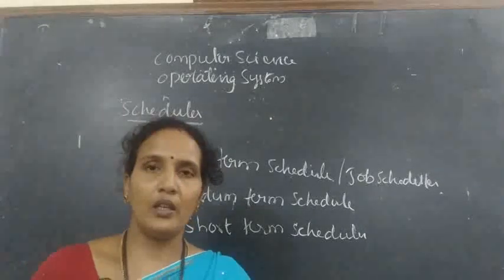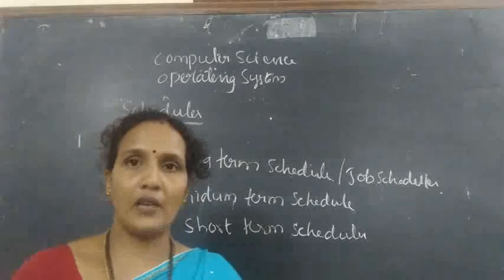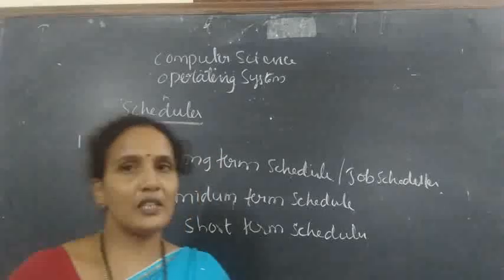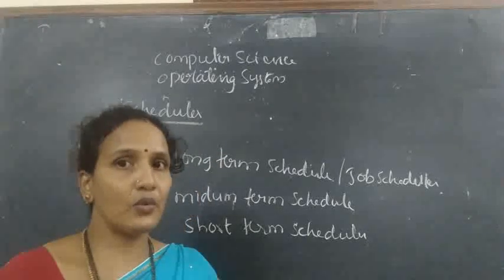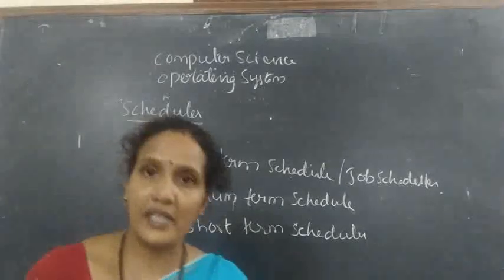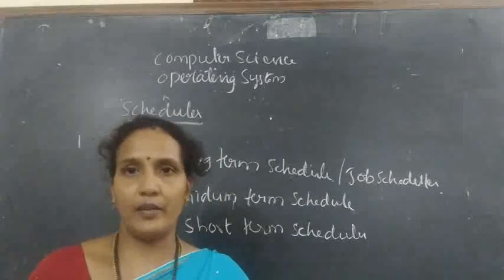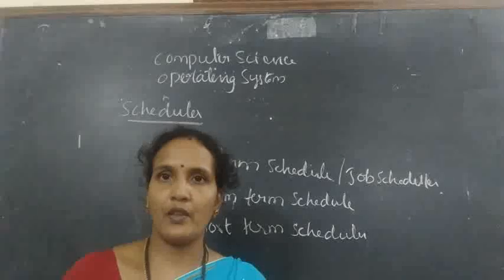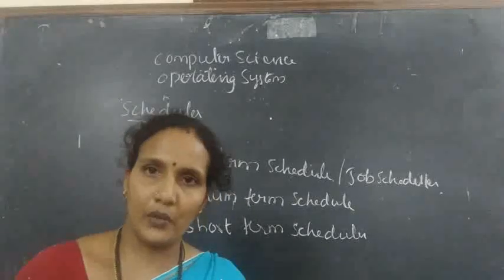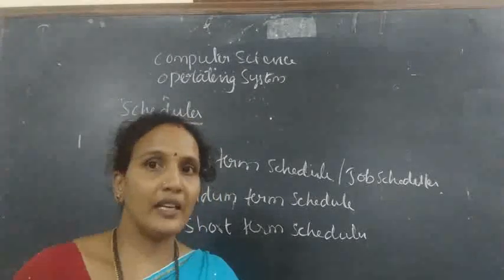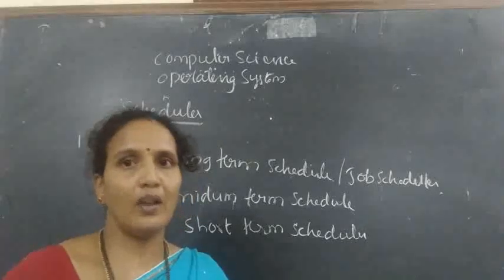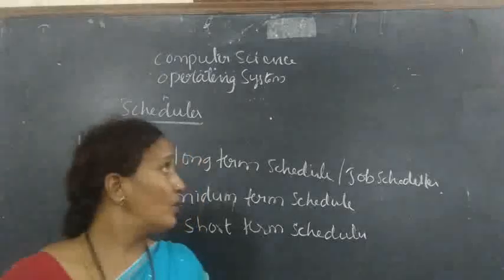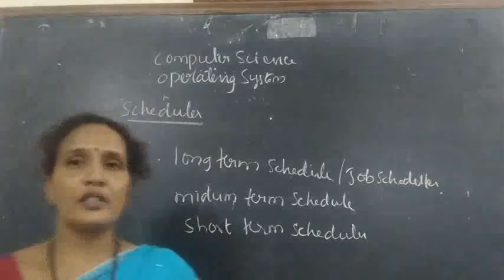It will load all the processes which are waiting, which want to execute. It will transfer all the files which want to execute from the secondary memory to the primary memory. So whatever process wants to execute, it will pick from the secondary memory and create a queue called a ready queue. Understood all of you?